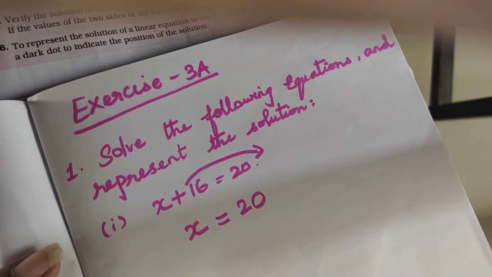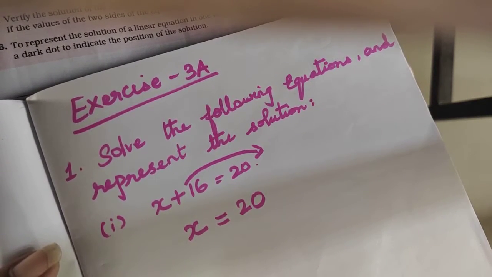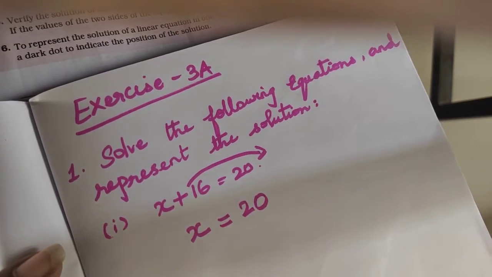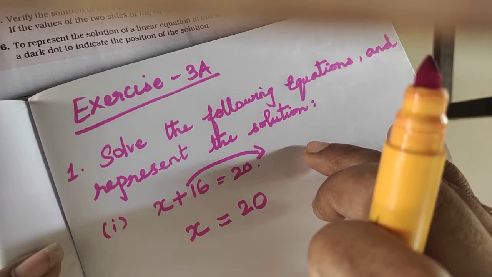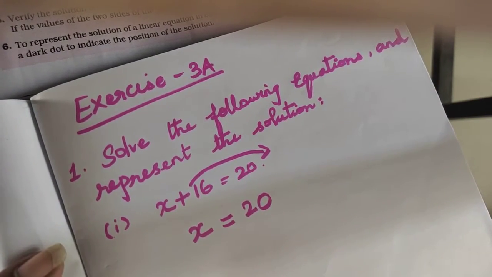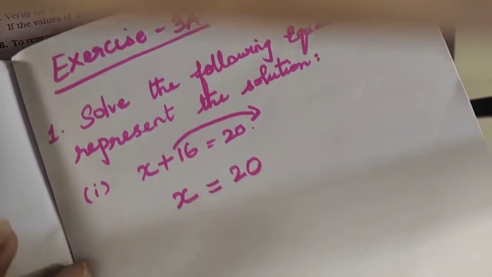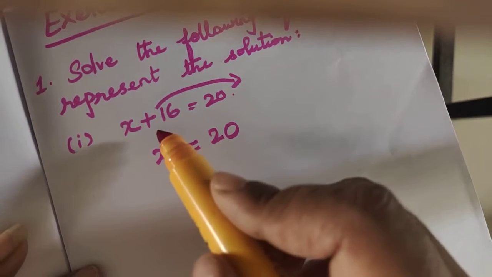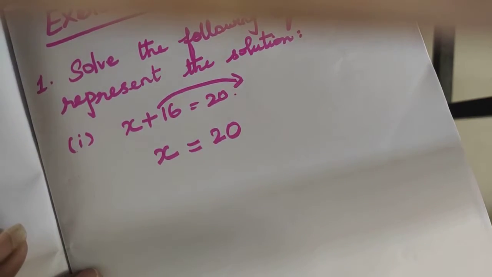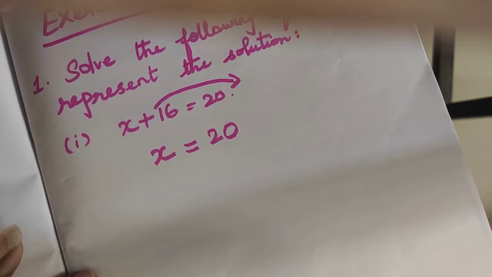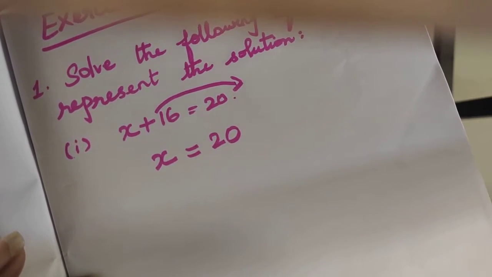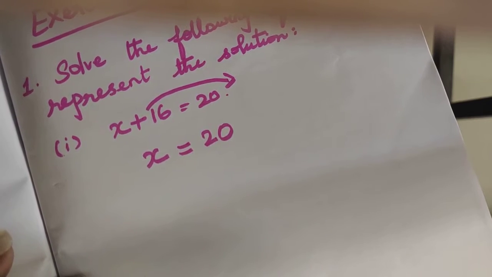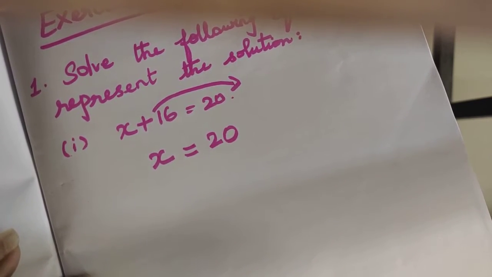The only difference I am going to make in this equation is, I am going to take this 16 and bring it to the other side of my equation, so that I can get the value of x. Hope you understood. So here, simply I cannot bring, children. When I am going to take one number from one side of the equation to the other side, some changes have to be done over there. What is it? That is what I am going to tell in this video.